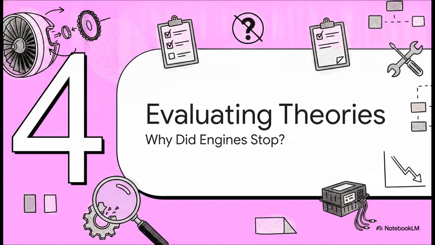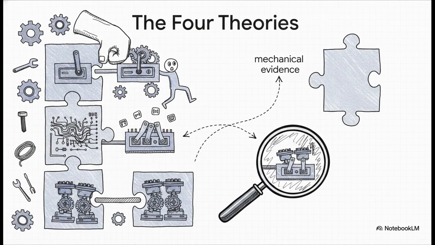Setting that physics anomaly aside for just a moment, let's systematically evaluate the 4 working theories behind the fatal engine shutdown. And we're going to work backward to eliminate them, based strictly on the mechanical evidence. Basically, these are our 4 possibilities. And by looking at the actual wiring and mechanical design of the Boeing 787, we can test each one of these to see what holds water. Let's start at the bottom.